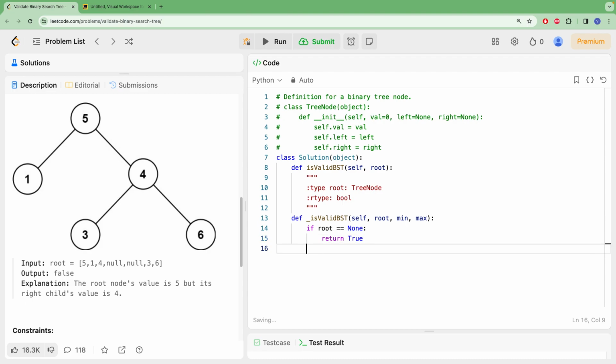Good. Min less than root max. So if the root dot value is in between this range, we are good. Then